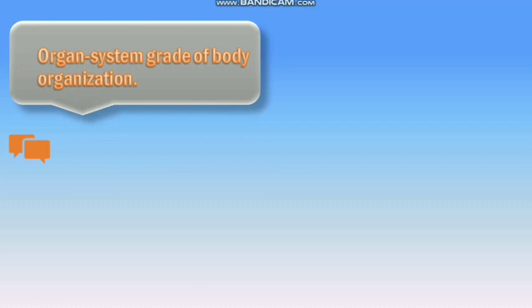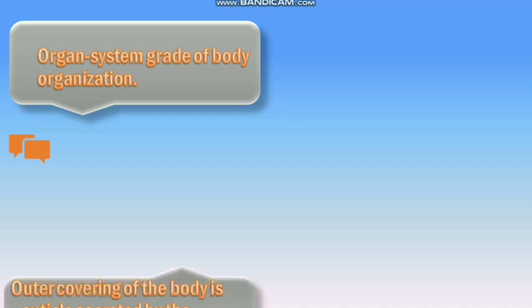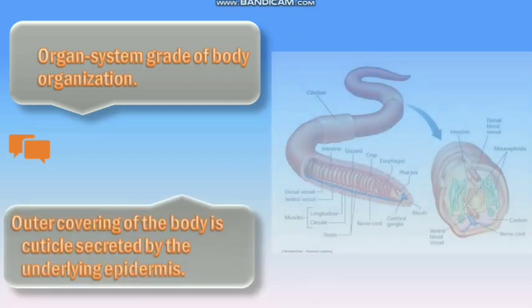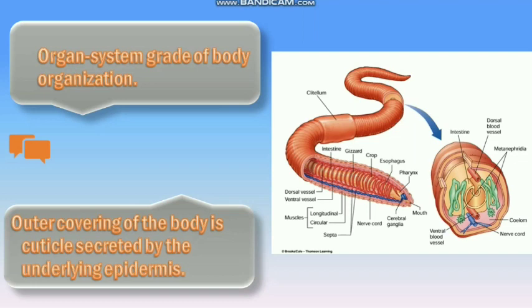We can see that in case of the Annelida, there is organ system grade of body organization. We know that organ system grade of body organization means there is a clear-cut division of labor within the body physiology. So we can see different systems like nervous system, circulatory system, digestive system, etc. And such pattern is known as the organ system grade of body organization. So we can see here, in case of the Annelida, in most of the cases to describe the general features of Annelida, I have used the earthworm as the model because it's commonly available and you will be more clear about it as you are learning in grade 12.